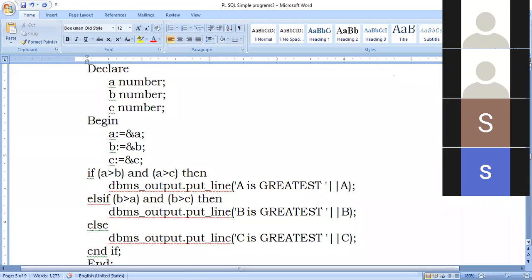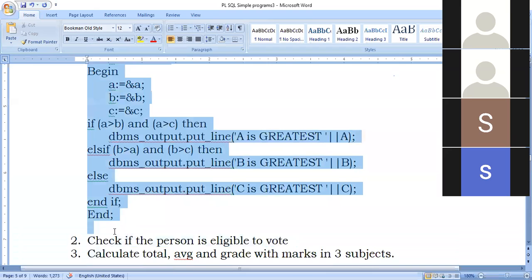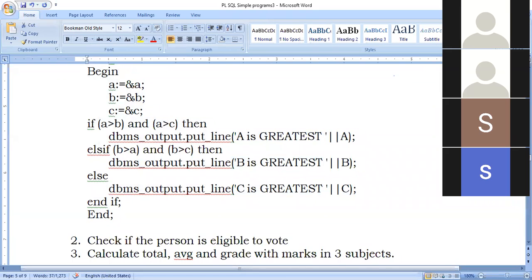Now, Sanjana, you have to tell me whether you can see the PL/SQL screen when I switch to that. Now it is showing the Word document. Sometimes it allows, otherwise I'll have to stop and restart the meeting. I will copy and switch, because last time switching was not visible.